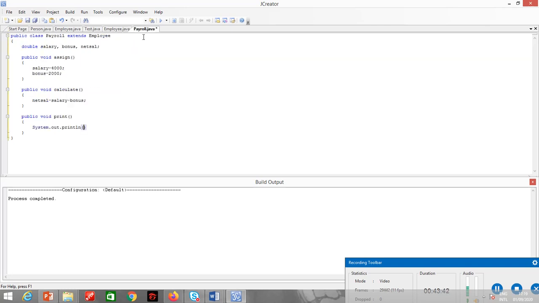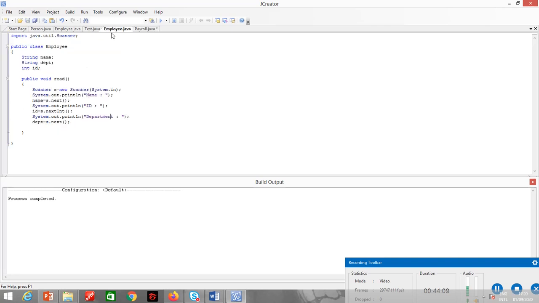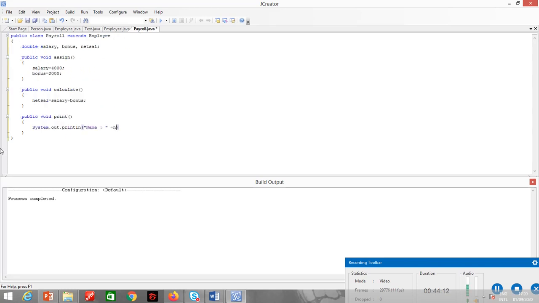Name, department and ID. 3 variables. So name. When I am directly calling the variables of the parent class in the child class, no need to make an object. I can directly call the variable. So I will just write the name of the variable. What is the name of the variable? Is name. This is the variable which I have declared in the parent class.